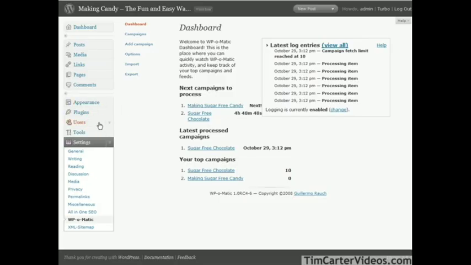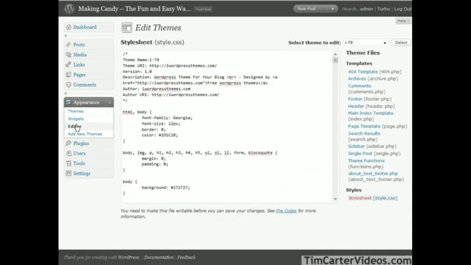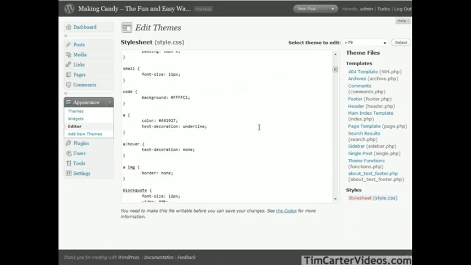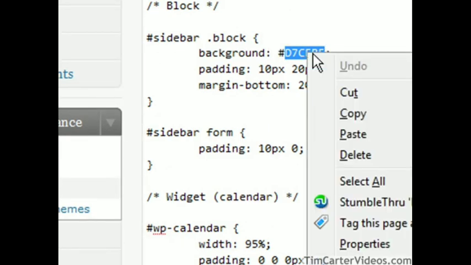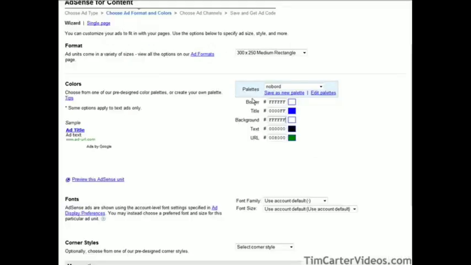So if we go to appearance and then we go to editor, okay, and when we come into our editor we're at the style sheet, and this is where our colors are defined. So what we want to do is go down here until we find our sidebar. Okay, so just copy the color code in here, leave the pound sign behind, we don't need that, then go over to our Google AdSense side and put it in the background part. Okay, so here where it says background, just paste it in there,